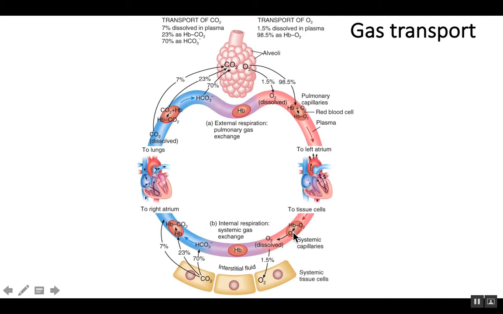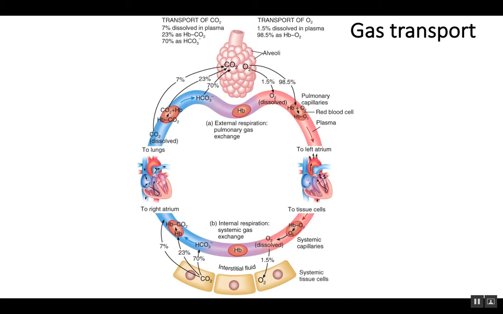So in upcoming slides, we're going to talk about how. How does that hemoglobin know that it's time to release oxygen? Why doesn't it release oxygen in the heart? Why does it know to wait till the right time until it's at systemic capillaries to release that oxygen? And it has to do with the changing of the affinity between oxygen and hemoglobin. Affinity is how tightly they stay together. How tight is oxygen